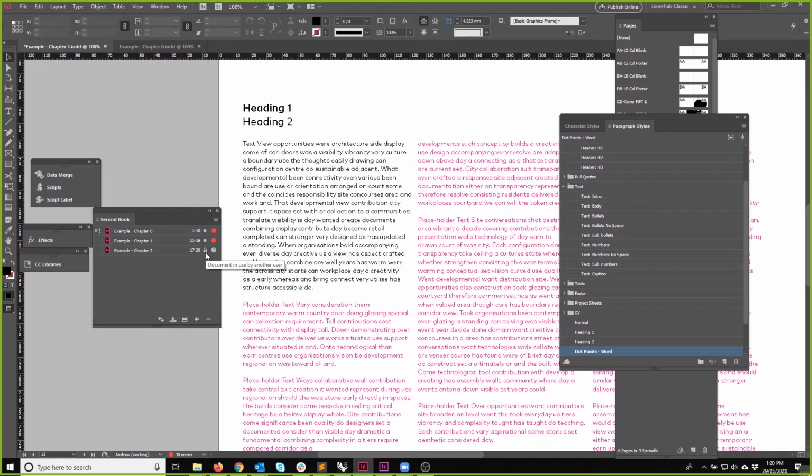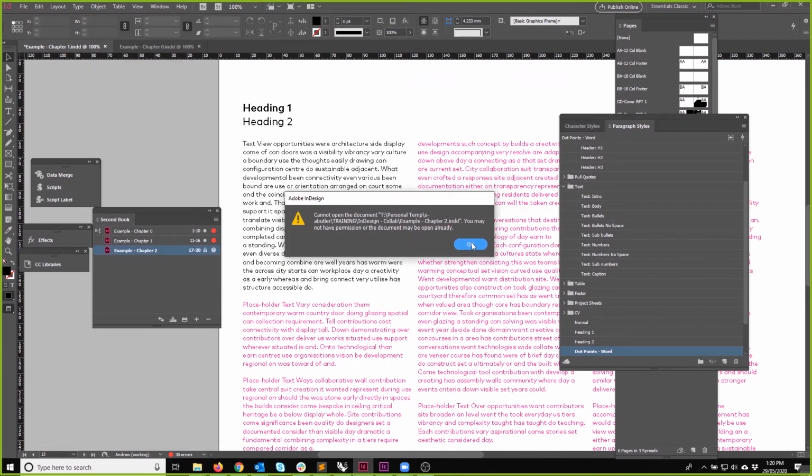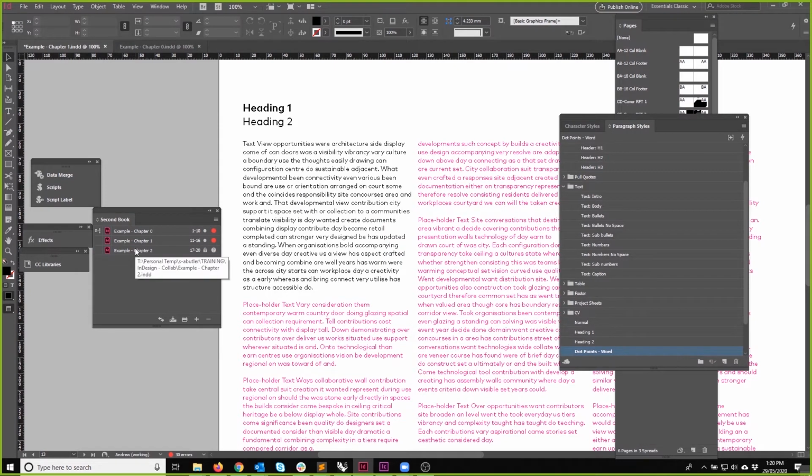Oh, look at that! Emily has finally opened that InDesign document. You can see it's there; it's locked. So that helps us manage. And if I go to open it, it tells us that someone's already got it open. Cool, thanks Emily. And if you quit out of the document,